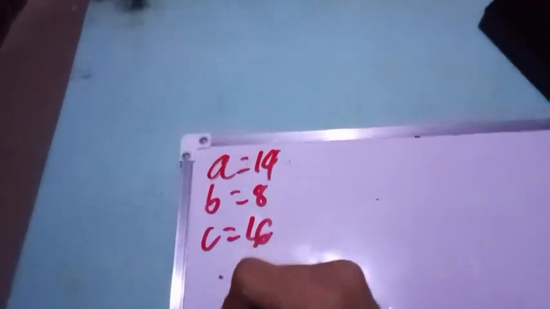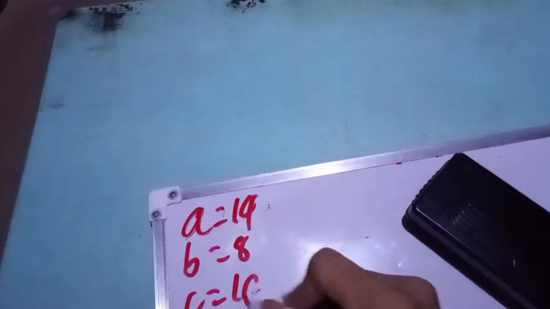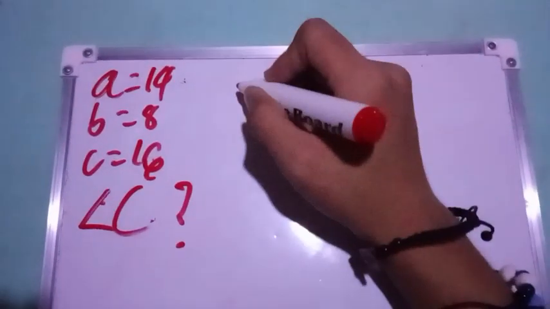We have to use, oh wait, I forgot. We have to find what is the angle of A. Even though I didn't mention it, I'll mention it now because I forgot. Wait, no. Let's find the angle of C. Okay? And the formula we'll be using, since these three are all sides, is